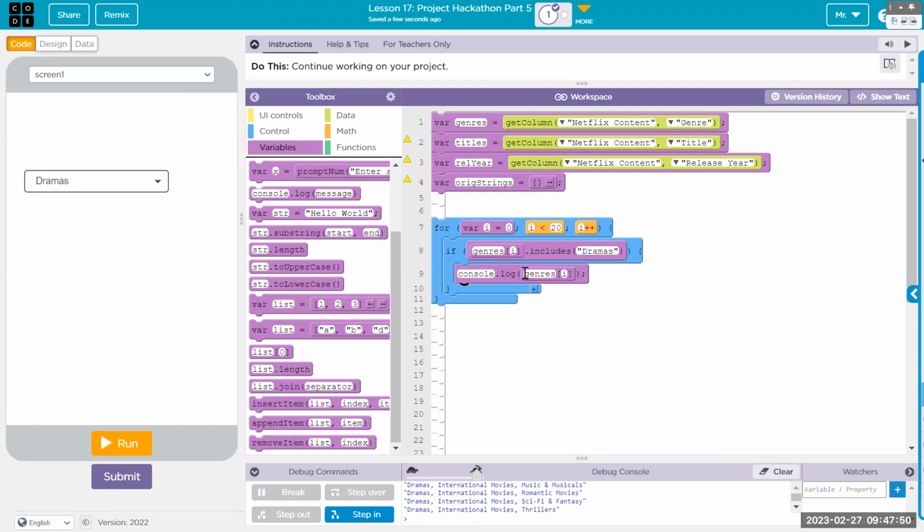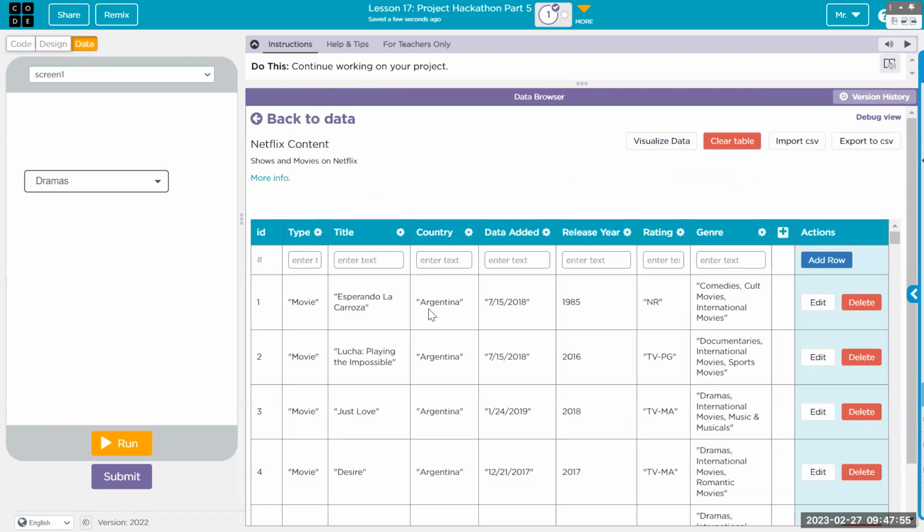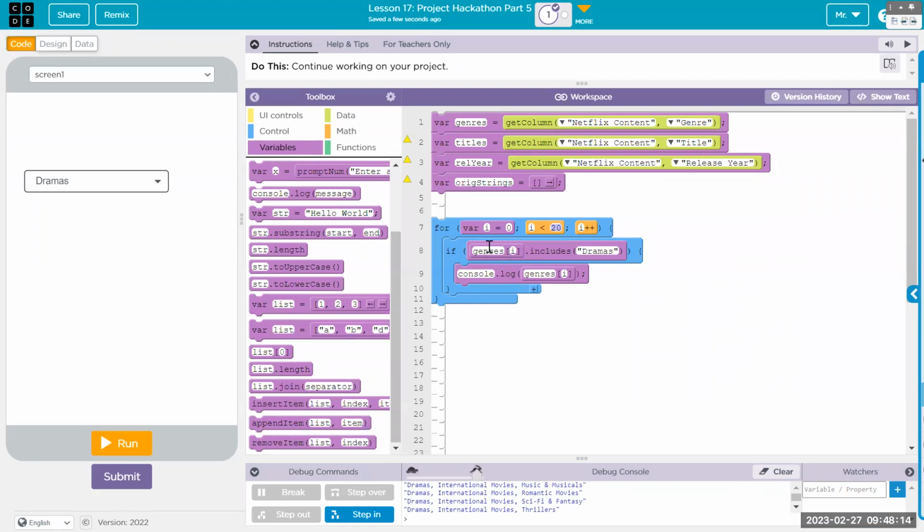This also works for the year. If it's the year as a string, you can ask, does it include 2018? Where before we were doing a substring, counting back from the end and making a cut substring and checking that, you can just do dot includes. So if we were doing 20 loops through